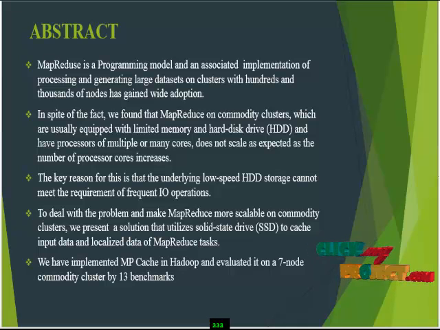In spite of that, we found that MapReduce on commodity clusters, which are usually equipped with limited memory and hard disk drives and have processors with multiple or many cores, does not scale as expected as the number of processor cores increases. The key reason for this is that the underlying low-speed HDD storage cannot meet the requirement of frequent